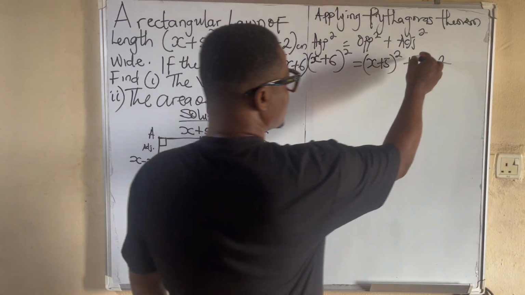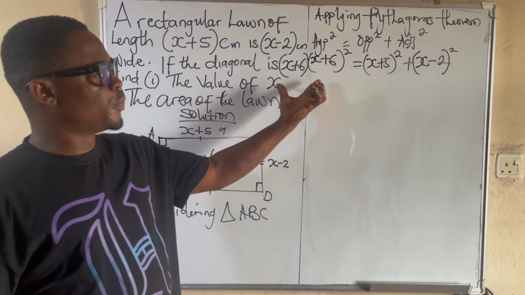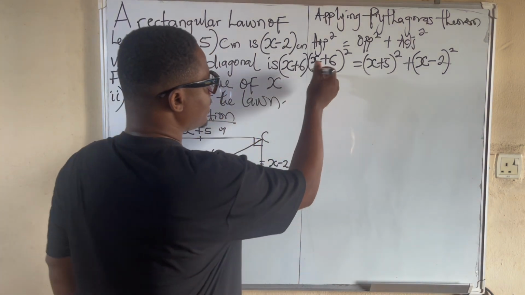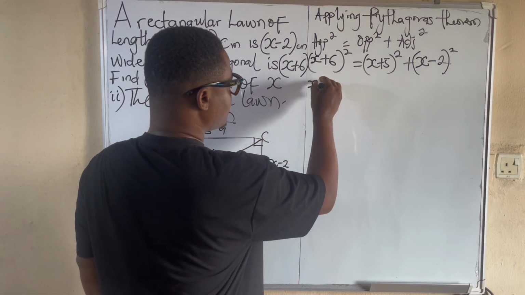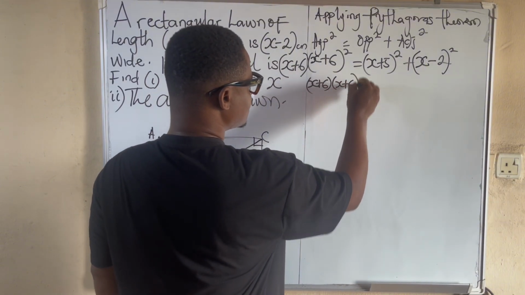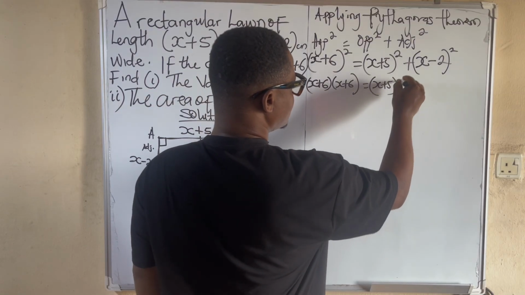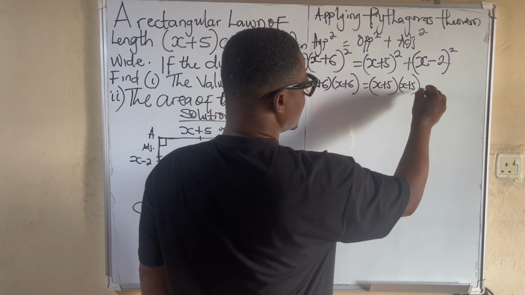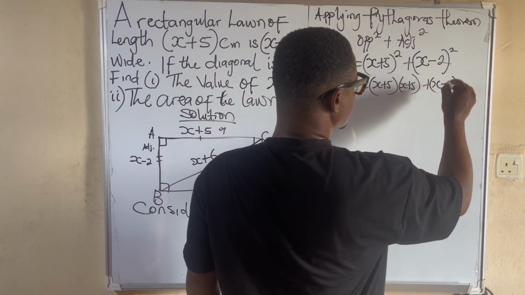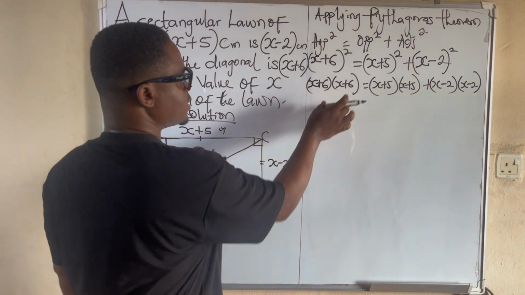So what do we do here? x minus 2 squared, rather. What we need to do is to open up this bracket. So here, this is the same as x plus 6 into x plus 6 equals x plus 5 into x plus 5 plus x minus 2 into x minus 2. So if we open up this, we have